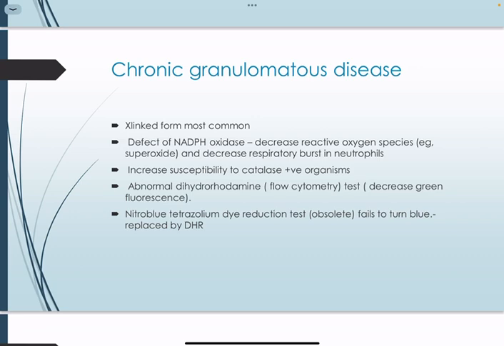Without this reaction, without the respiratory burst inside neutrophils, without the production of these oxygen species, neutrophils will not be functioning well, okay? The most common form of CGD is X-linked. There are other modes of inheritance. We might see autosomal recessive, where we have two alleles, one from mom, one from dad. Usually, if that's the case, moms tend to be only carriers. They don't have any profound problems. This inability of neutrophils to produce those reactive oxygen species will make them more susceptible to infection by catalase-positive